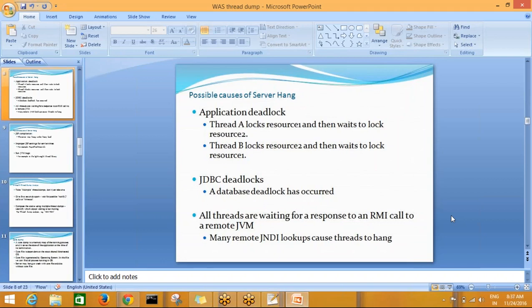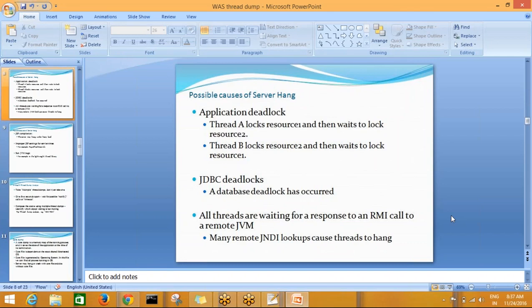The application is deployed at the cluster level, so the application is available on all the servers. These servers will communicate with each other. At that time the application uses the RMI protocol